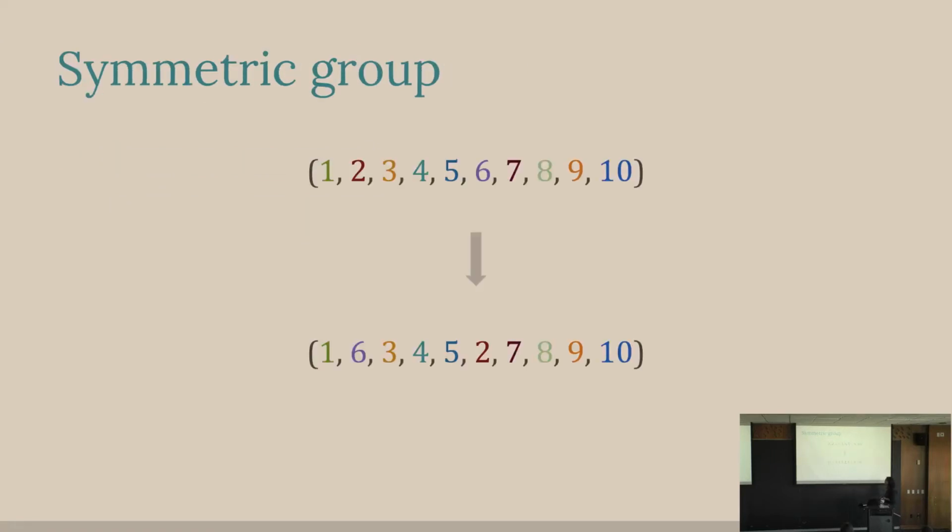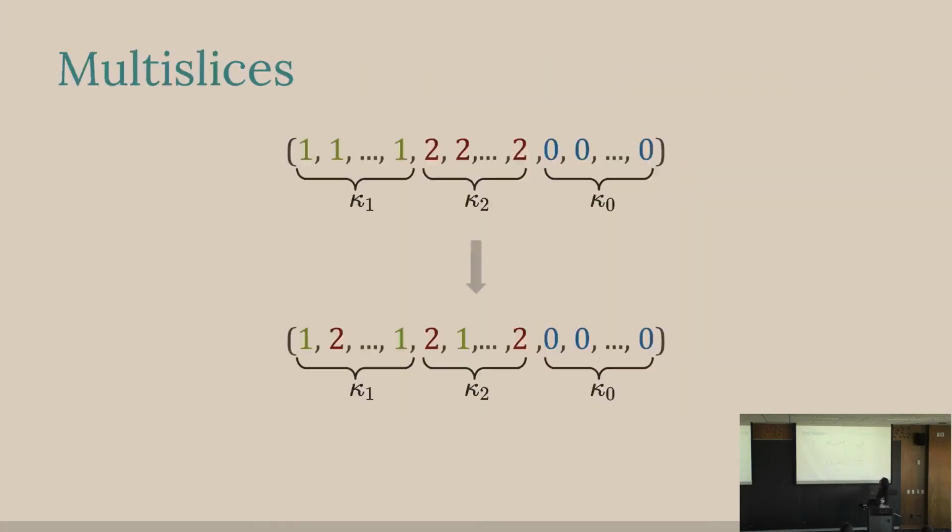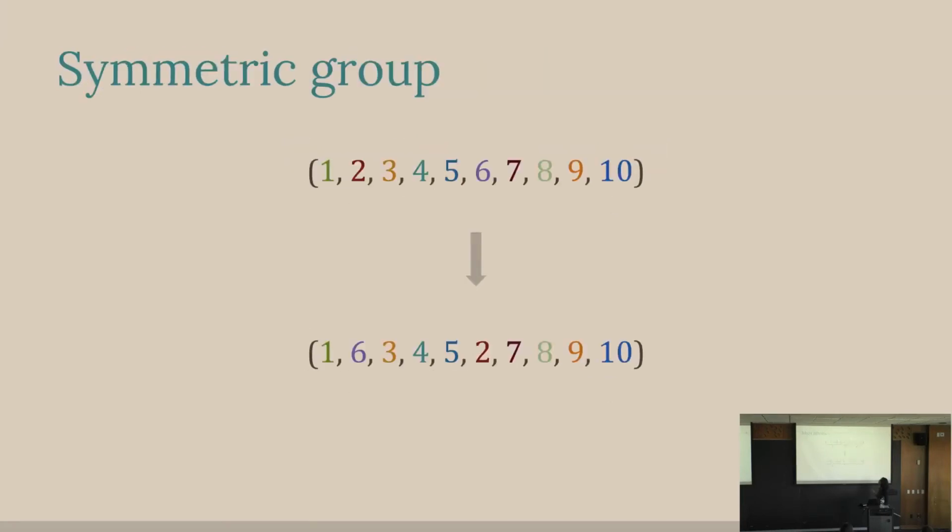The symmetric group is the group of all the permutations, and we can think of that as a string with n different numbers. Usually we have the symmetric group acting on itself. What that means is the neighboring element to one element of the symmetric group is just what you get when you take two elements and swap them. So it's very similar to the slice in this case, but